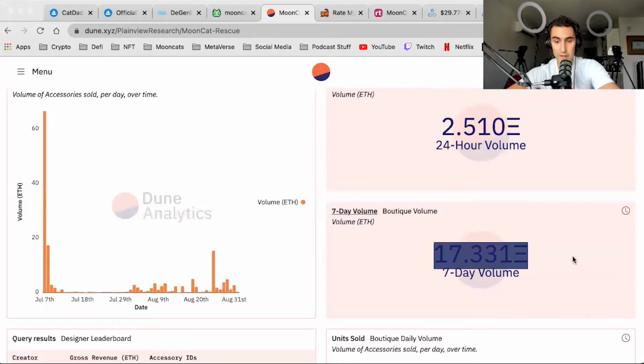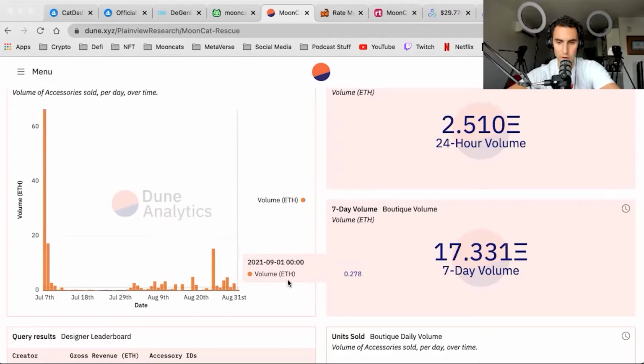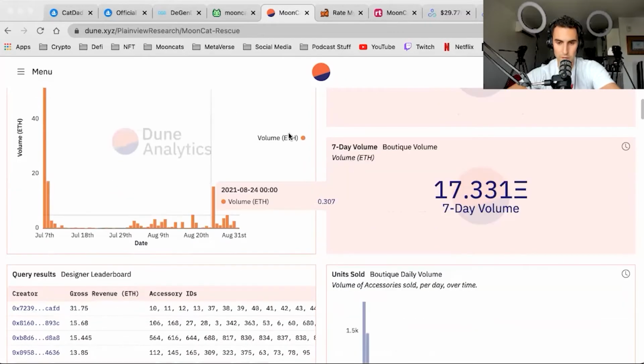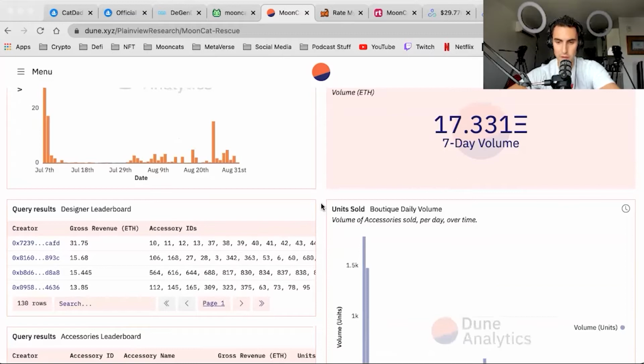7-day volume, 17 ETH in boutique. That's actually pretty good. I'm not going to lie. So this is the first day, July 7th. We saw 66 ETH in volume. Wow. And then just drastically came down. I think it's because when I dressed Darth Kitty, I was trying to get any day one accessory onto that cat because I think over the long term, it'll provide a lot of value. As we see, it starts picking up a little bit more. I think ultimately over time, this is going to explode once we get some designers into the space,